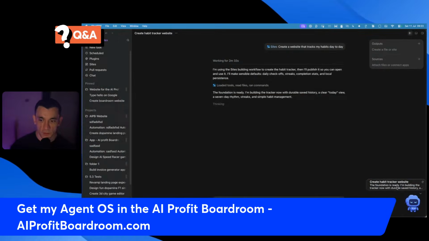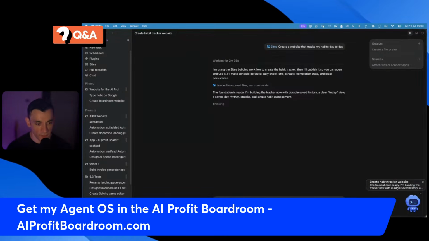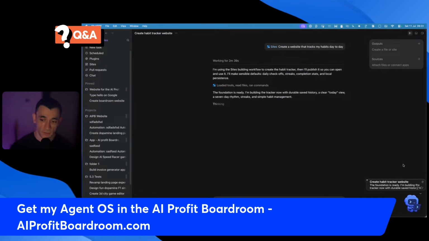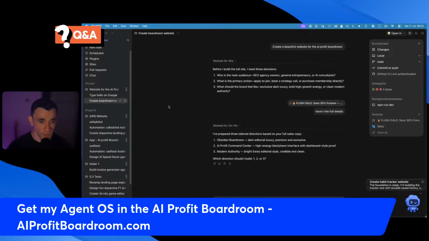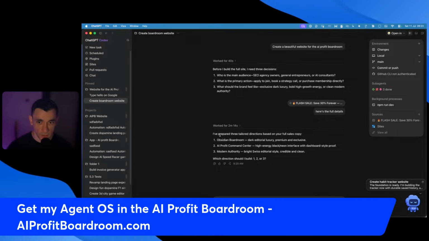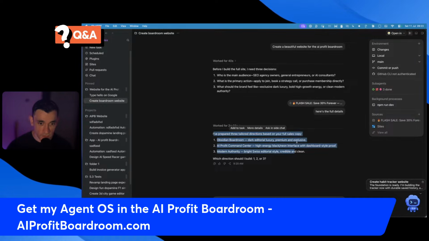This is also super useful because some of these tasks are going to take like 5, 10, 20 minutes to do. So how do you get a notification that it's done? Well, you can look in the bottom right at the pet, and then just click on them and go through to them over there. Really, really useful stuff. So if we have a look now, it's prepared the directions, it's given us some ideas,